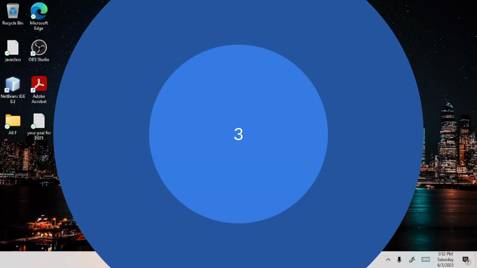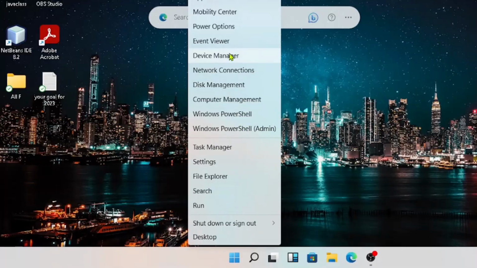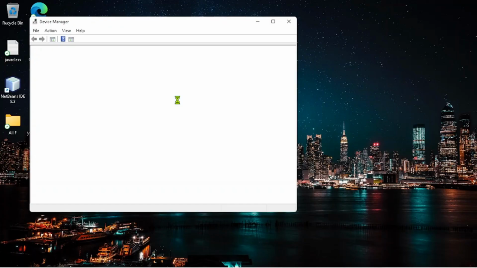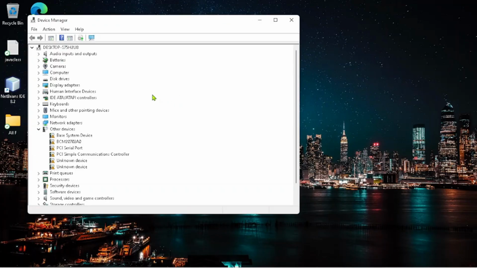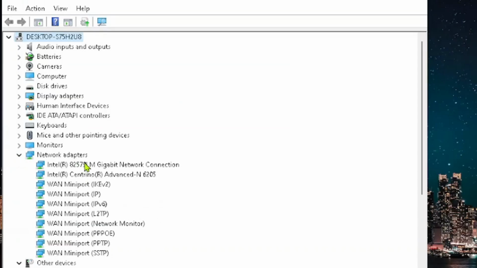For step 3, all you need to do is just to come to this start menu, right click on it and go to device manager, select device manager, and then our screen will pop up. All you need to do, we are looking for network adapters, select network adapters